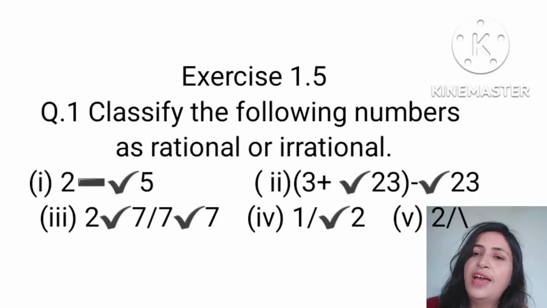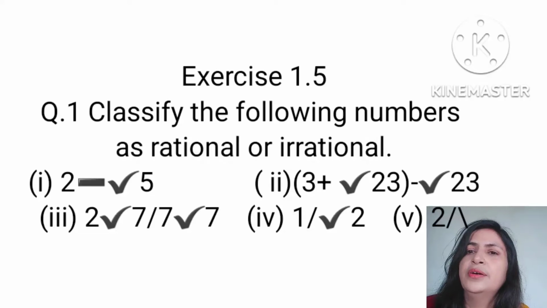Here one is rational, another is irrational, and I have explained that when we add, subtract, multiply or divide one rational and another irrational, then we get an irrational number. Here 2 minus root 5 we get an irrational number,